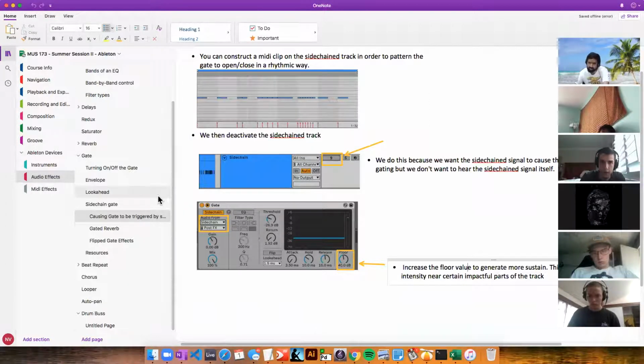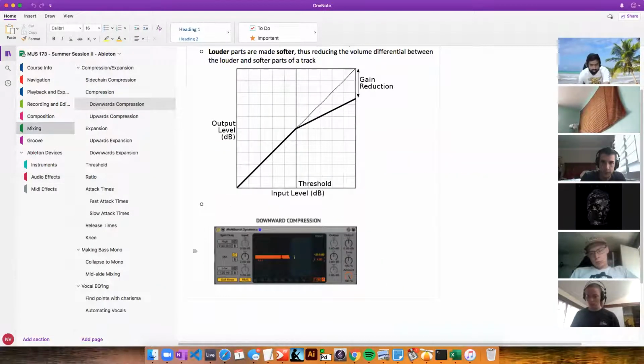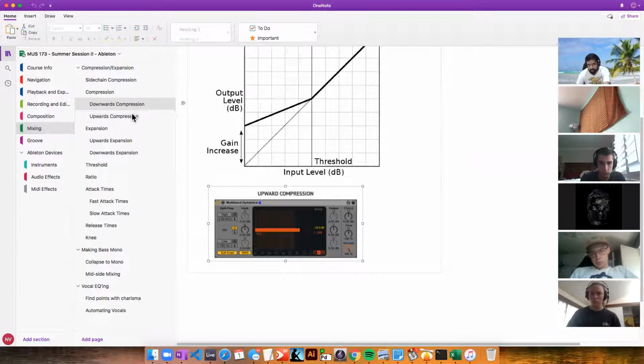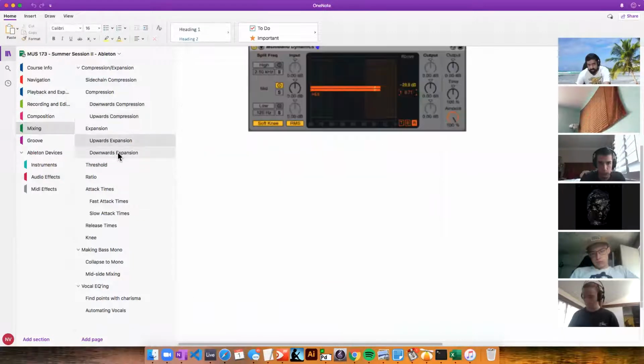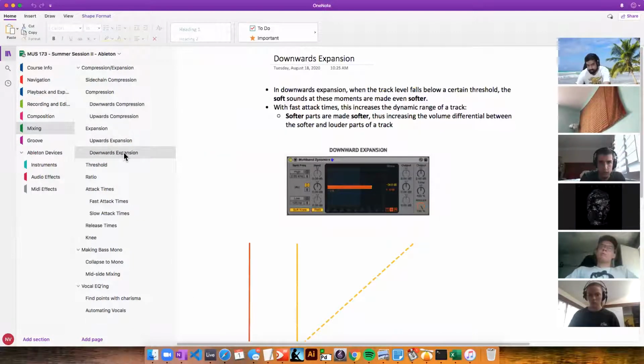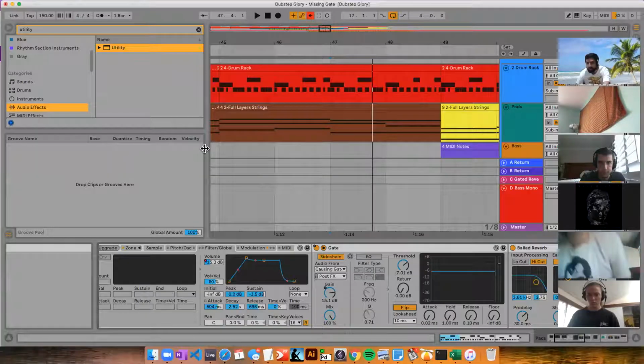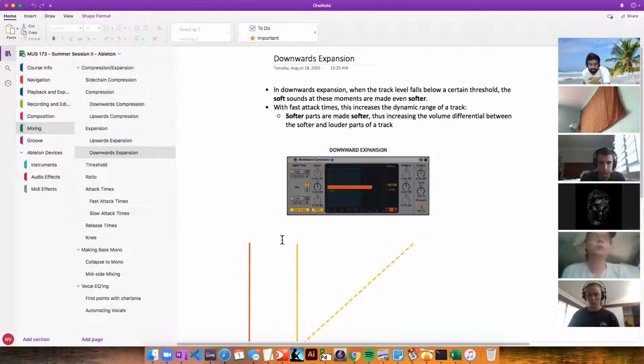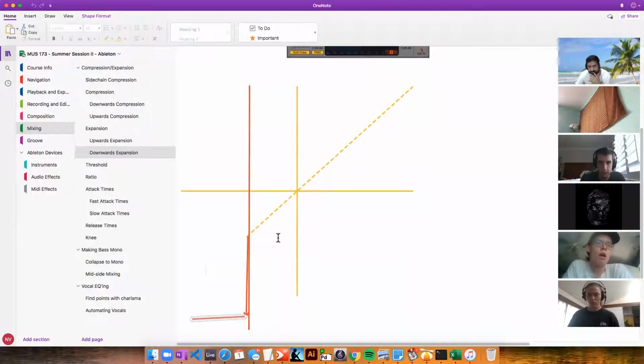I was going to talk about multi-band dynamics, which is basically a catch-all for all four. If you go to the mixing section of the OneNote, it shows you how the multi-band dynamics can accomplish both downwards and upwards compression, as well as upwards expansion and downwards expansion, depending on how you set the parameters. So what's happening in expansion, I was talking about it a little bit last time, is that in the case of downward expansion,